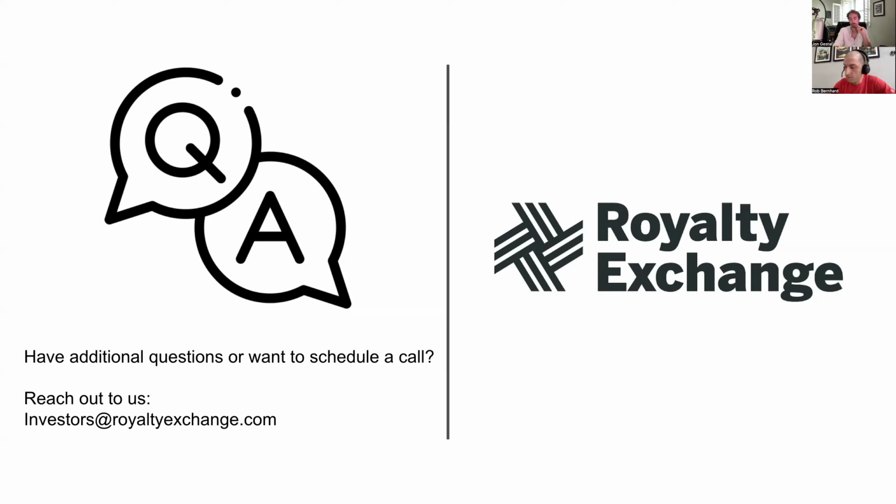So what we do is we do an asset check, a lien check to make sure there's no encumbrances on the asset. We contact the distributor directly to get the royalty statements. So all the data that you're seeing on the marketplace is obtained directly from the distributor of royalties. It's not the seller just representing this is what they earn. The data is correct, and we also check with their distributor, the company that pays them the royalties, that there's no outstanding issues on the account that might affect the assignment. So those are things that we do before an asset even gets to the marketplace.